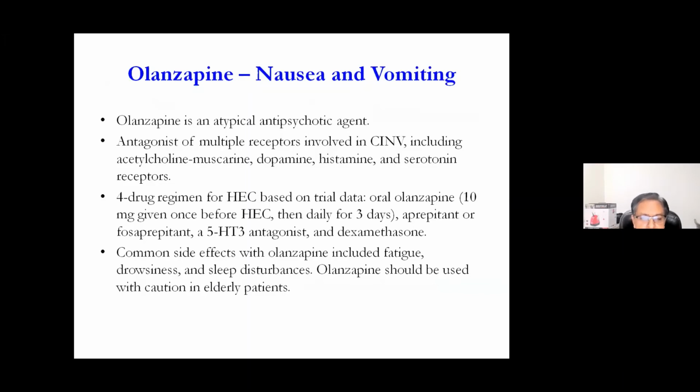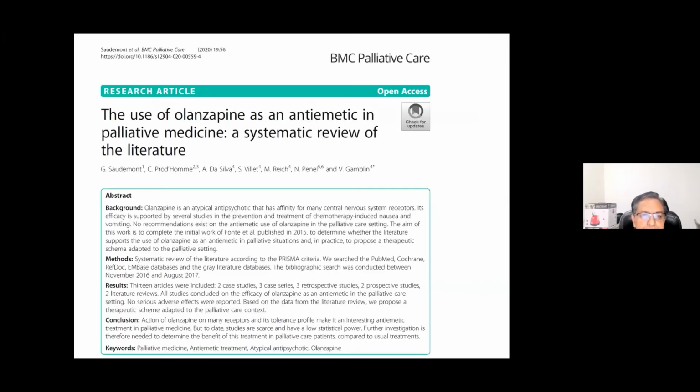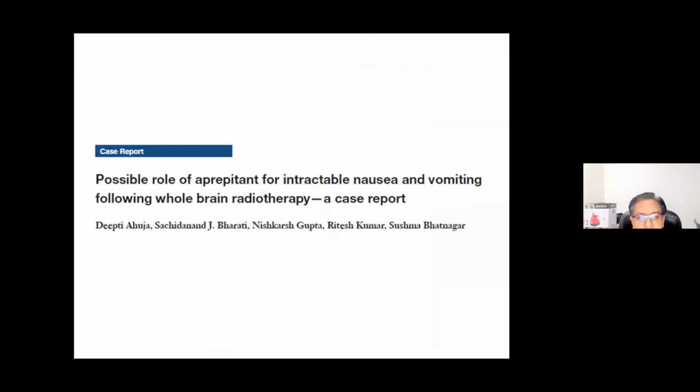But side effects that need to be remembered are fatigue, drowsiness, and sleep disturbances that can happen. So be careful with these patients. Now, olanzapine, this is a good review again, which has confirmed that the usefulness of olanzapine is primarily because of its effect on many receptors, and its tolerance profile and safety profile are good, so it can be used